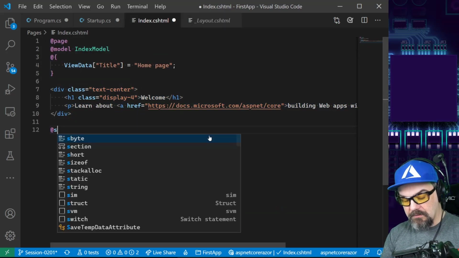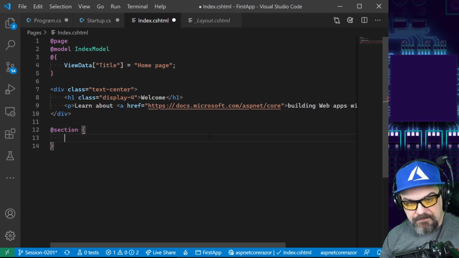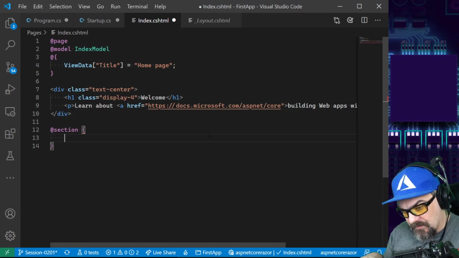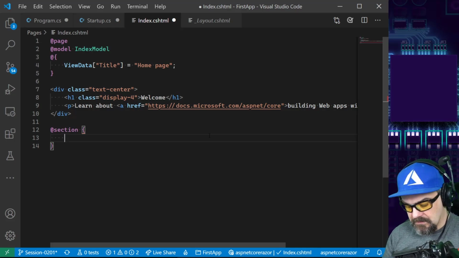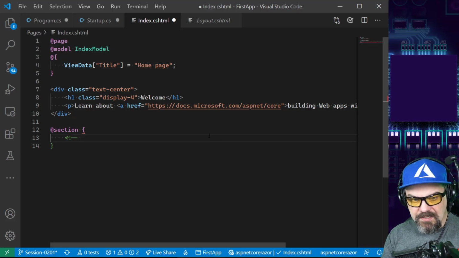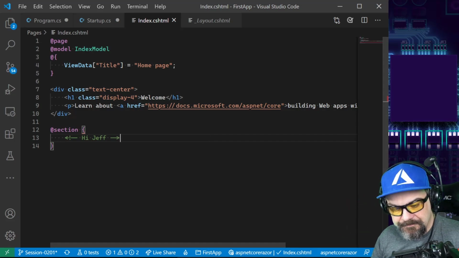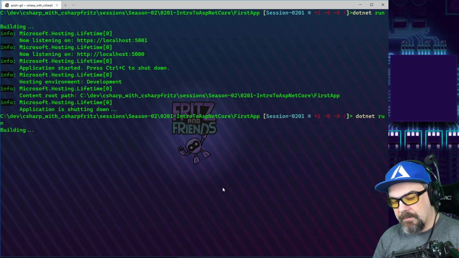Optionally, I can include those, and they'll be added here. So if I want to include those, I add a section directive, and I can output whatever information I want to appear at the bottom of the page with all of those scripts. That's not bad. That's easy to understand. I can figure that out, right? So I'll just put down here for the sake of showing, Hi, Jeff. And that's just an HTML comment. I'll save, come back over here, I'll restart the application,